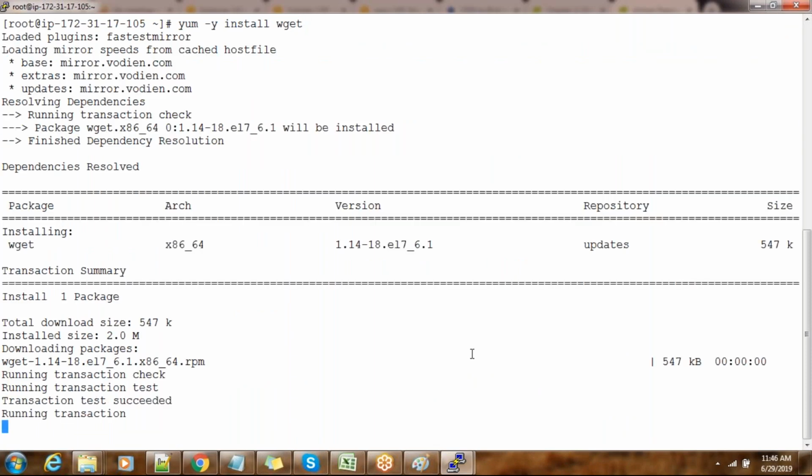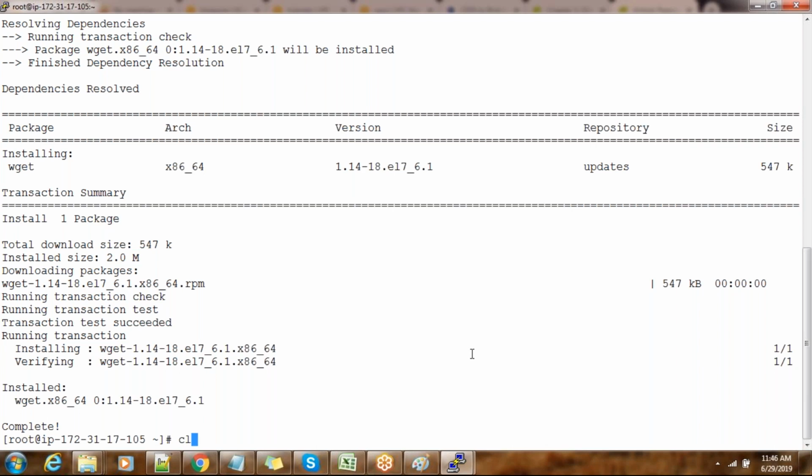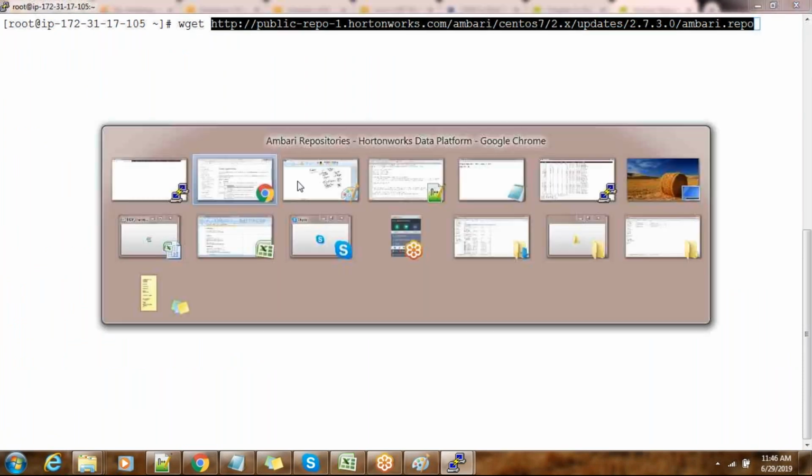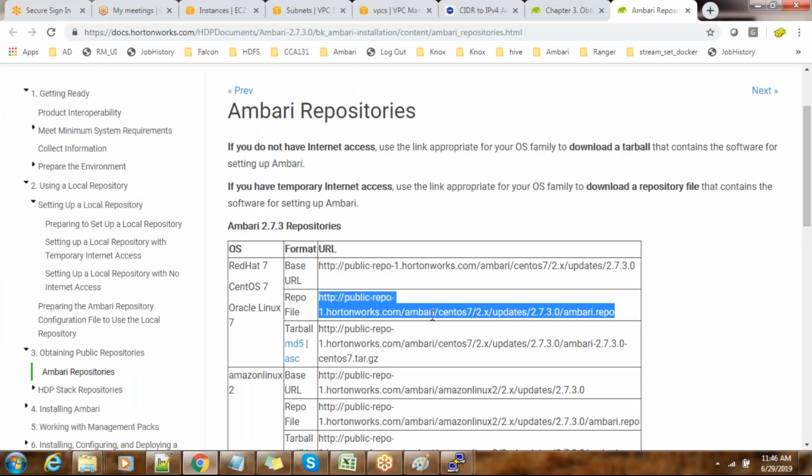I need a utility called wget, which is nothing but a command that you can use for downloading something from the internet. Use wget and use this repository. This is the one I have selected from here.